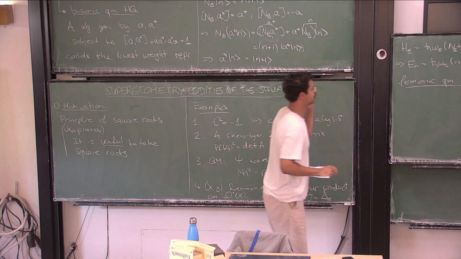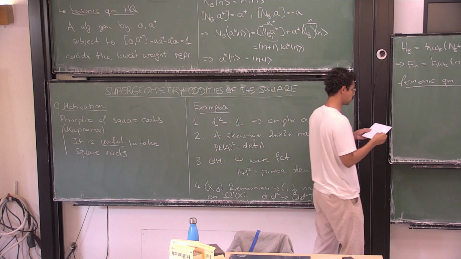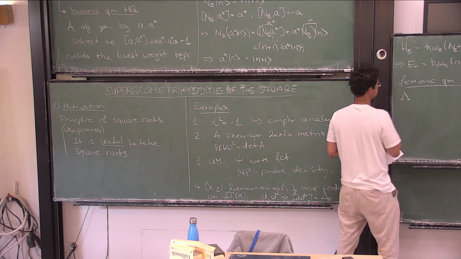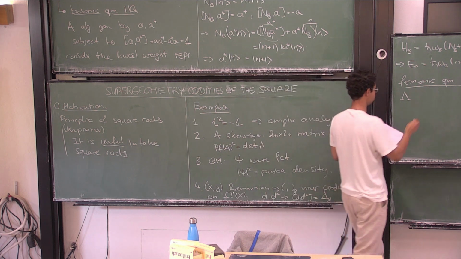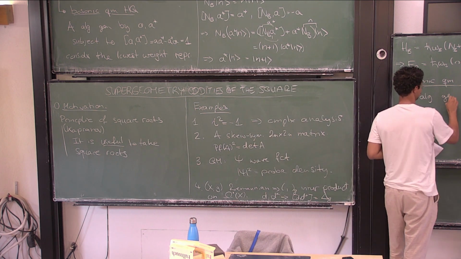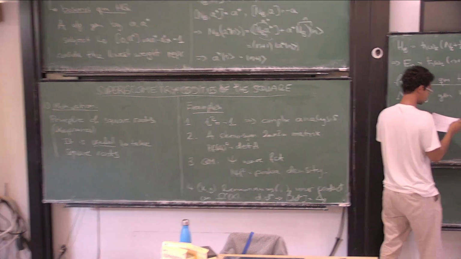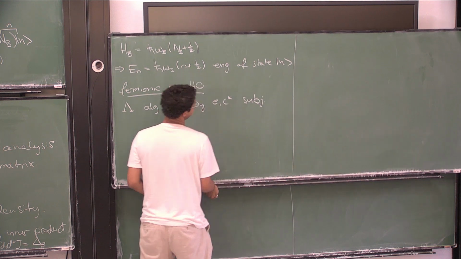Again, you can probably think up a physical model for it, but you could also just say that this is the representation theory of the algebra lambda, which is the algebra generated by two elements, C and C star, but now they have slightly different